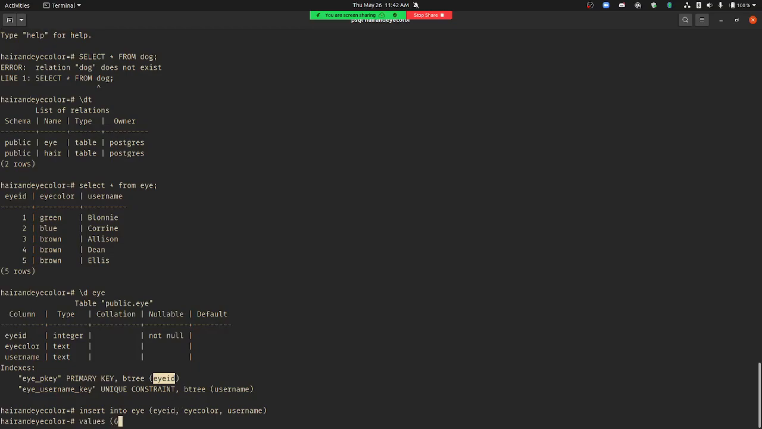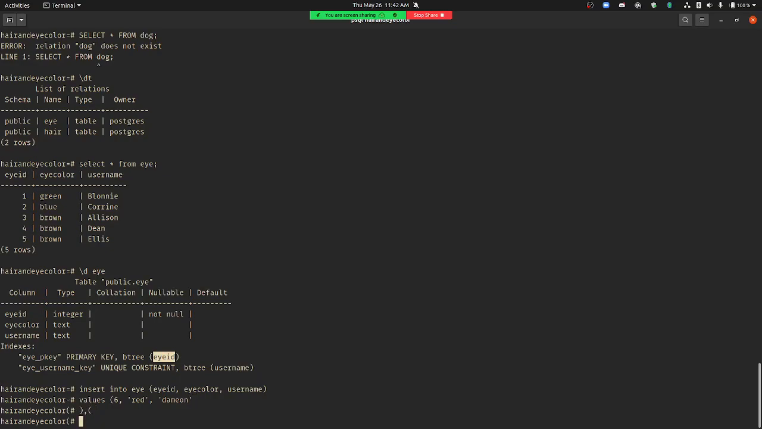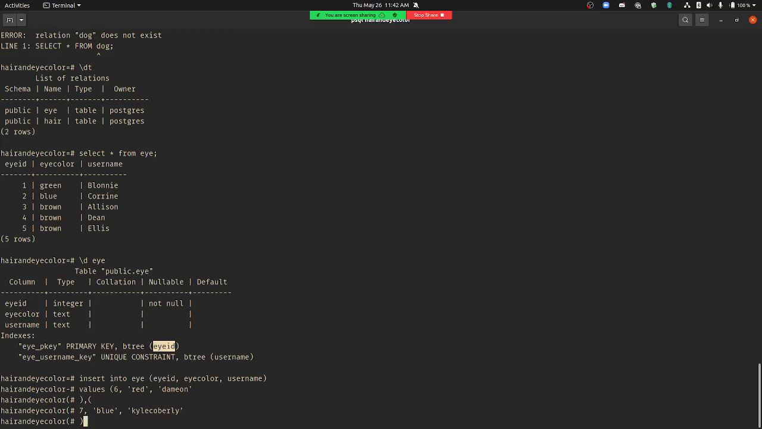So that would be like 6, red, and if I had more than one, then you can just comma separate those. So it might be 7, blue, Kyle Coberly, and then whenever you're ready to run it, notice down on the side here,